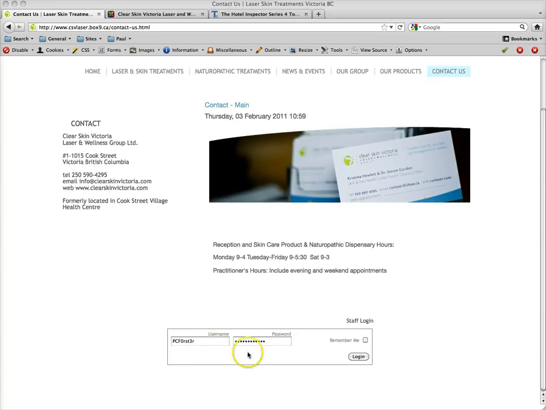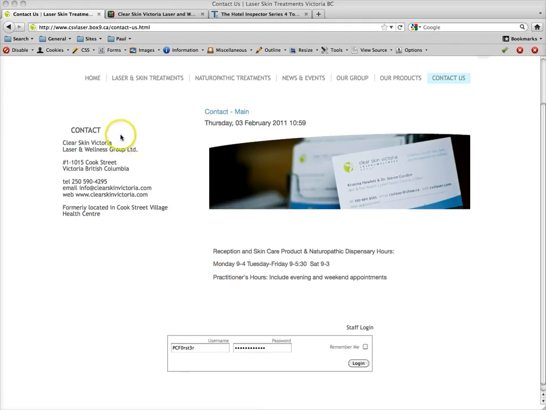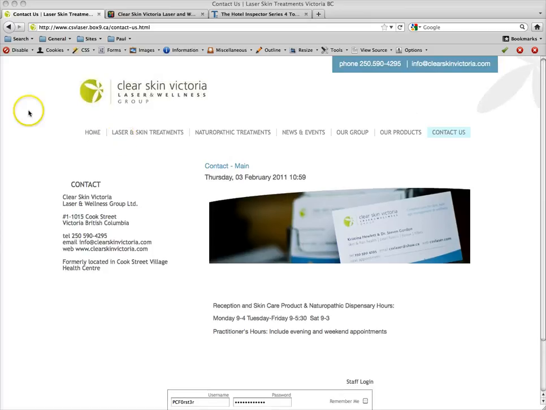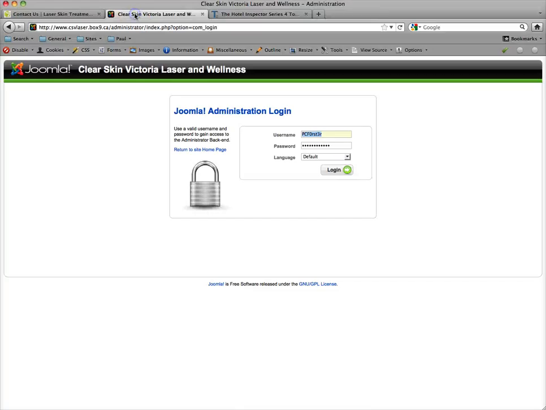So use your username and password, log in, and click the edit icon, and you can edit an existing article. But when you're blogging, what you're doing is creating a brand new article, so you have to go to what's called the back end. The front end looks pretty, the back end, not so pretty. The back end is at